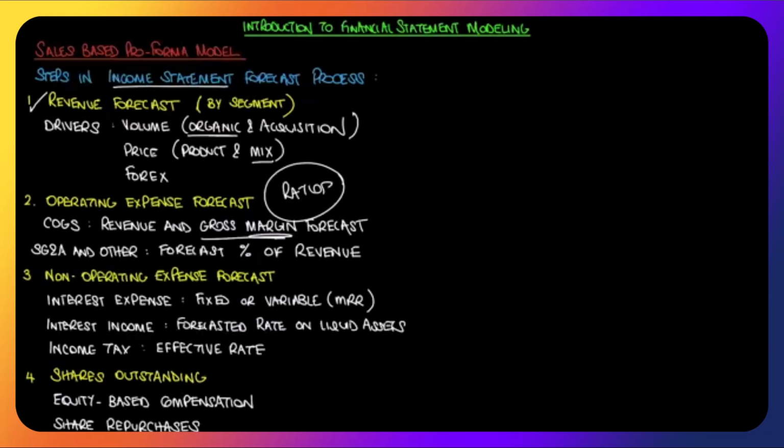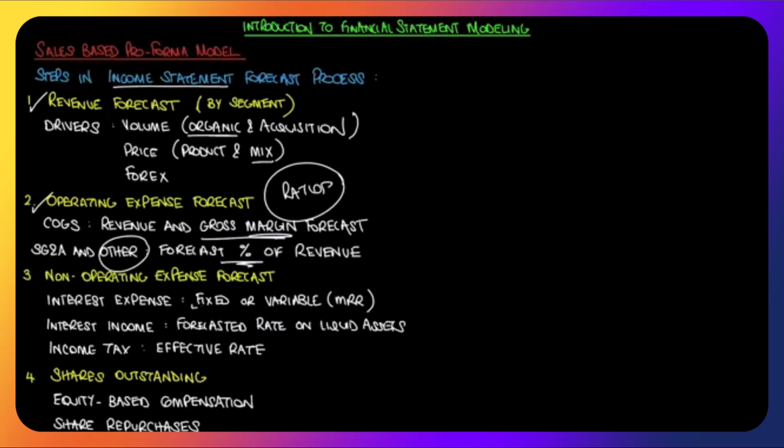If you know typically what percentage of revenue SG&A is, you can forecast it as a percentage of that revenue figure. Other, often small, often difficult to predict. So you'll see in this simple model, they just ignore it and say, we're not going to predict anything for other. So you've got revenue, COGS, operating expenses. Below that in the income statement, your non-operating expenses, you have interest and tax. Interest, if you're lucky,